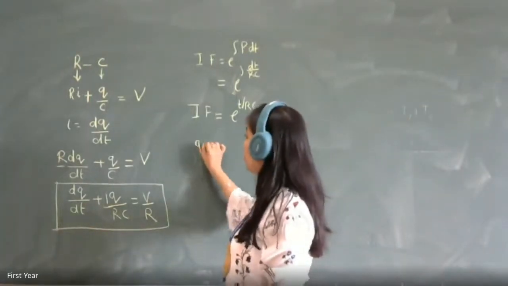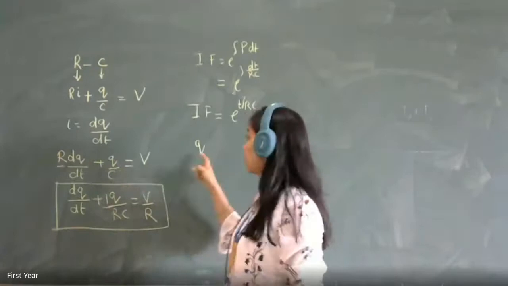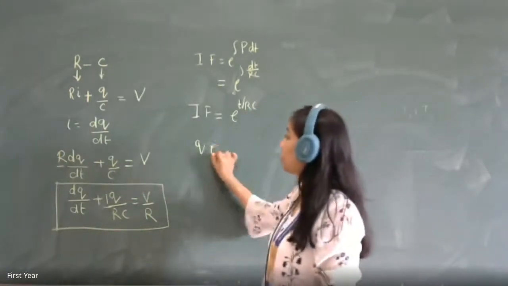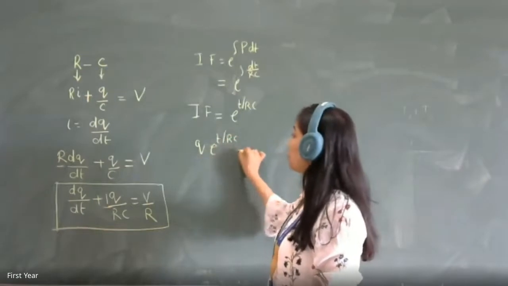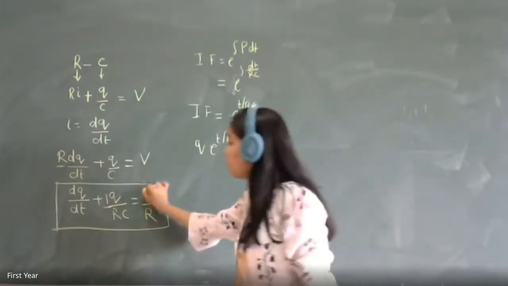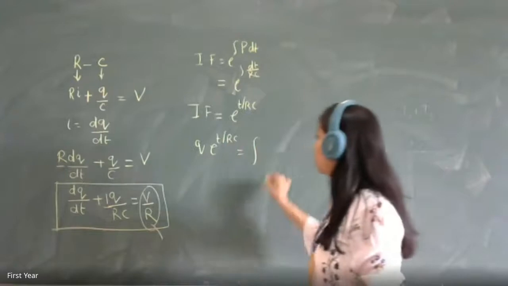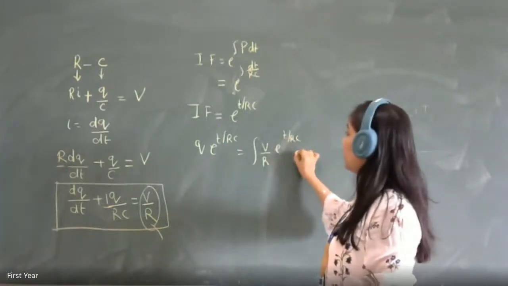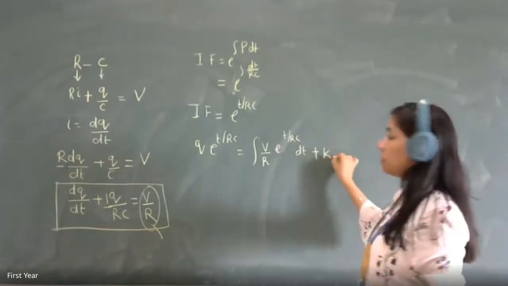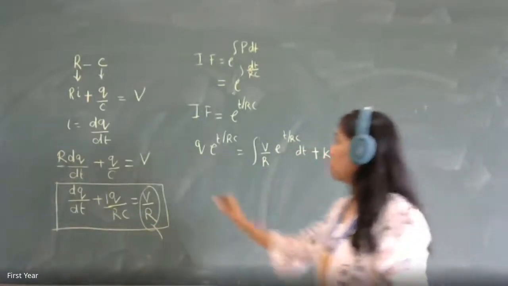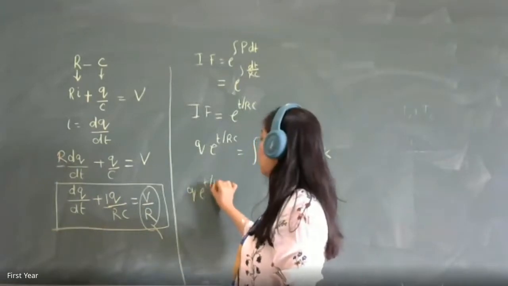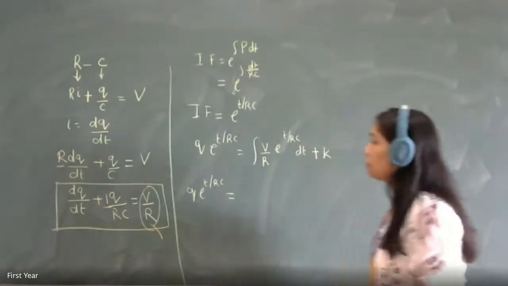The solution is: your dependent variable q into the integrating factor is equal to the integration of the right hand side. What is the right hand side? It is V by R. So V by R e raised to t by RC dt plus the constant of integration k. Therefore your answer becomes q into e raised to t by RC is equal to V by